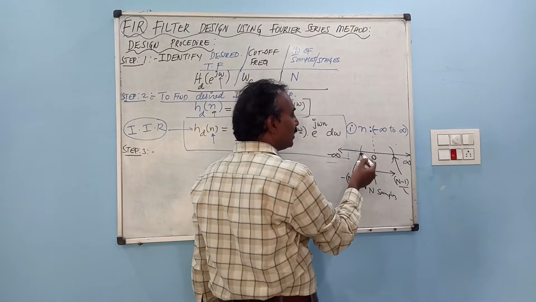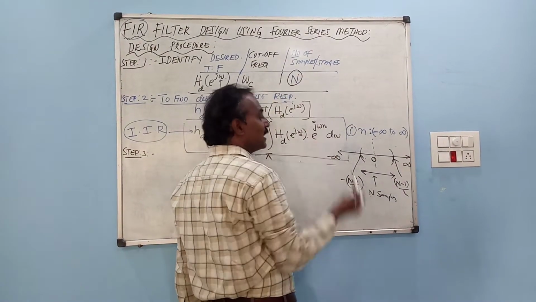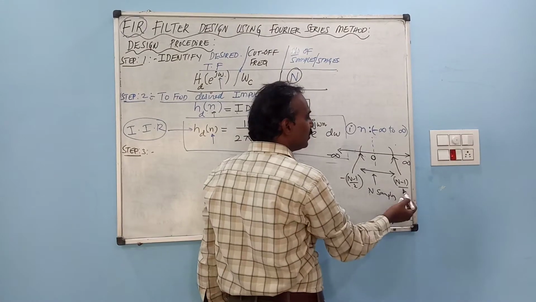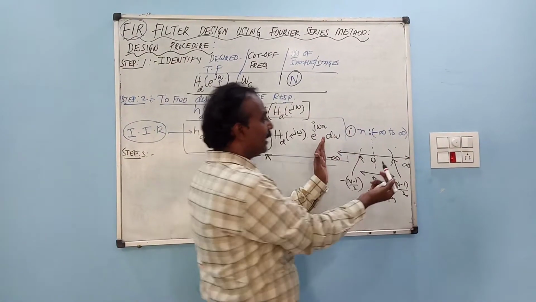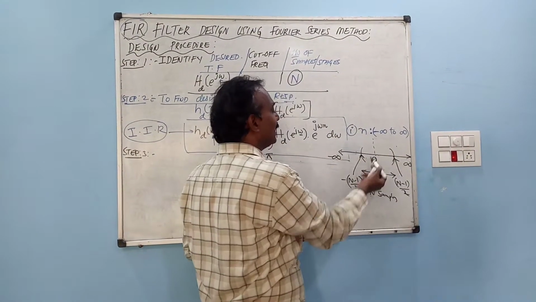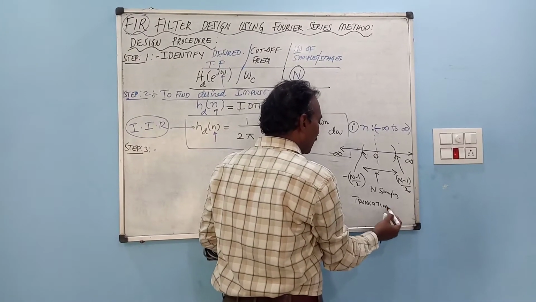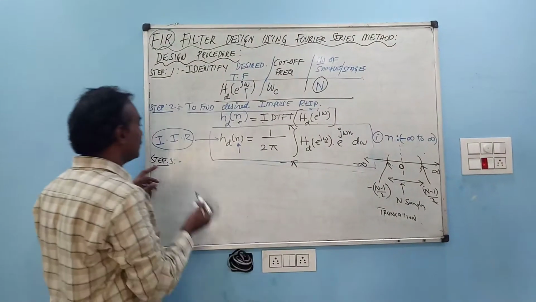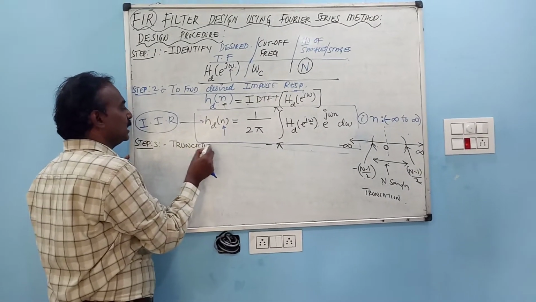So the range of this, now I want finite range, since here it is n samples I am considering, it is minus half n minus 1 to plus n minus 1 by 2. So now if I am taking the finite limits from the overall infinite limits, that we are calling it as truncation. So third step is what? Truncating the